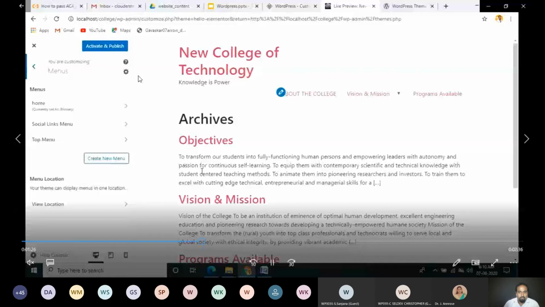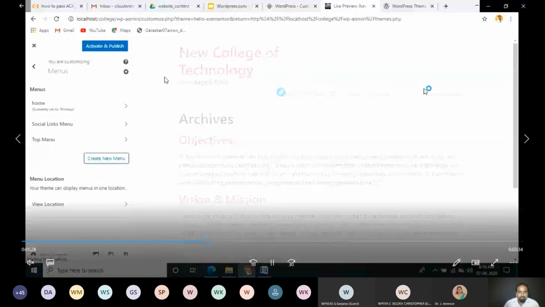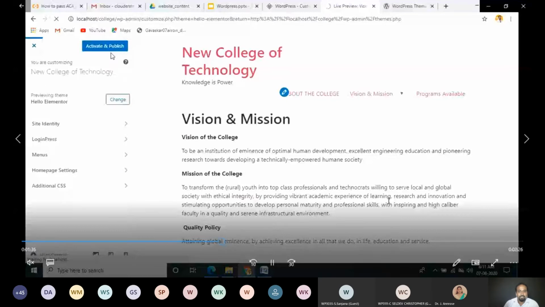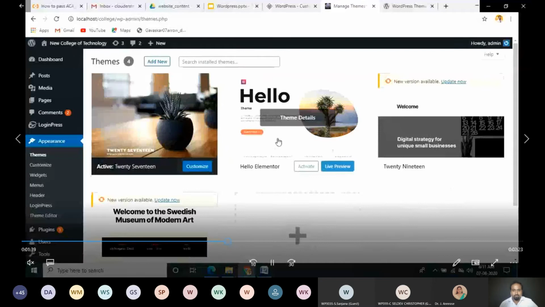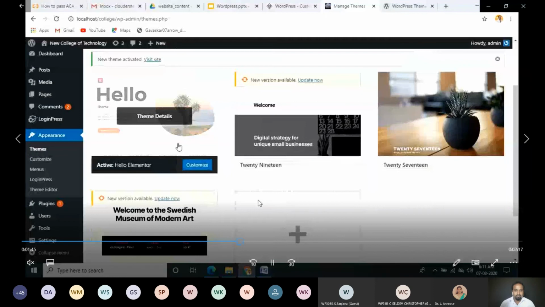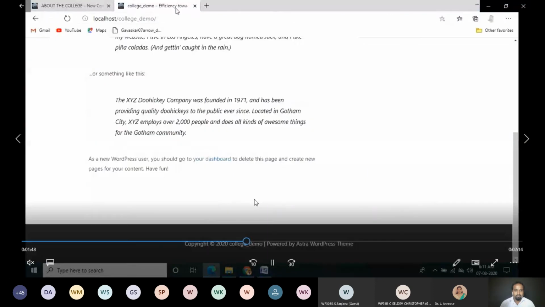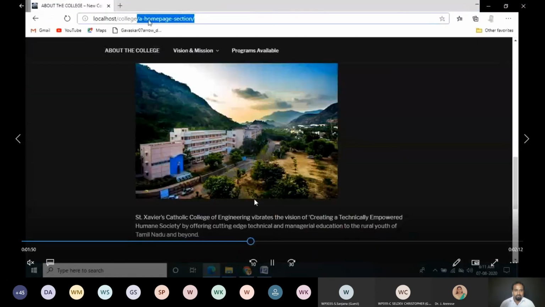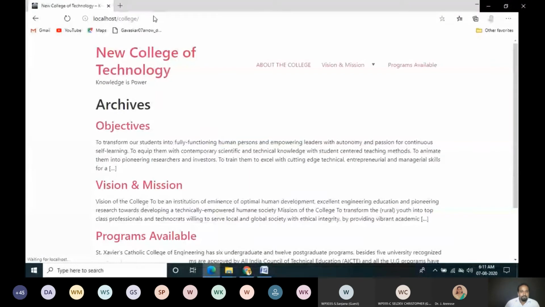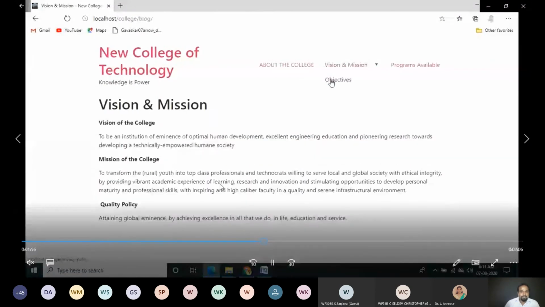Now you can activate this and publish this so that it will be affected in your web page. So now this is a new theme which I uploaded.